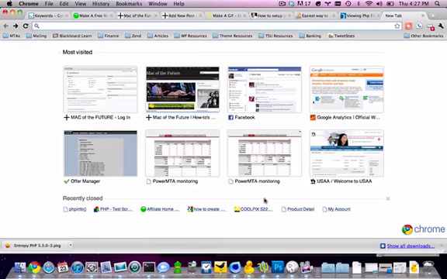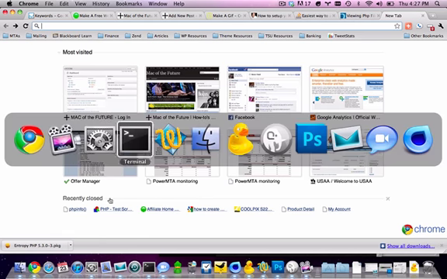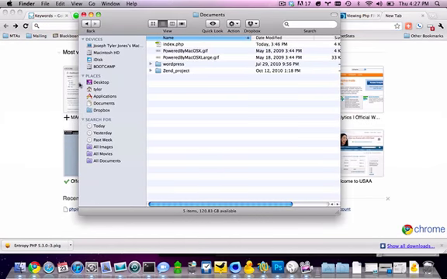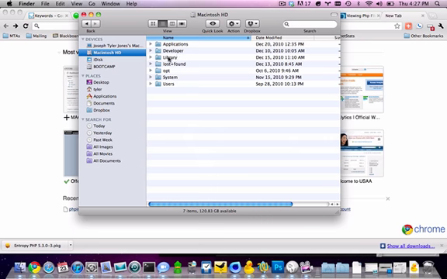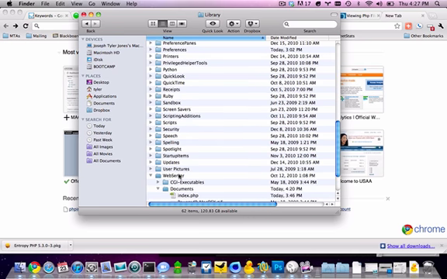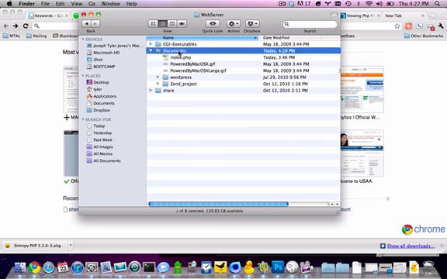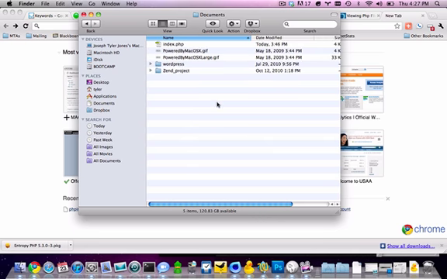Check to see whether PHP is enabled on your Mac. So first, go to Finder, and you're going to go to Library, Web Server, Documents, and this is actually the root for your localhost. So any files you put on here, this is what will be displayed when you type localhost into the web